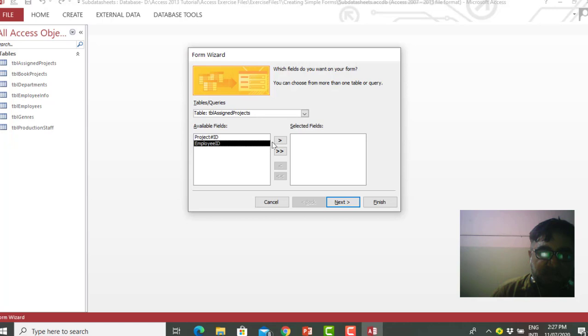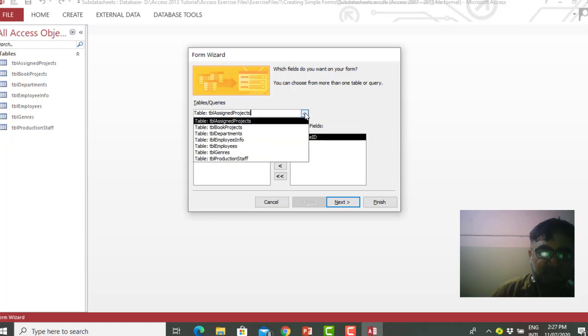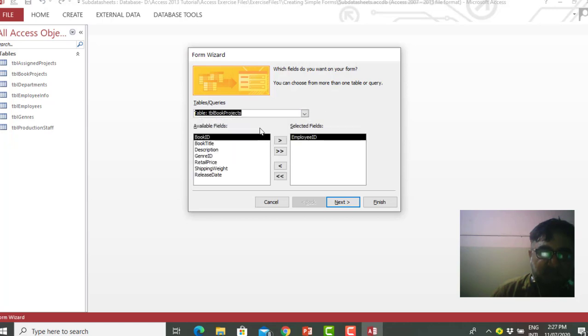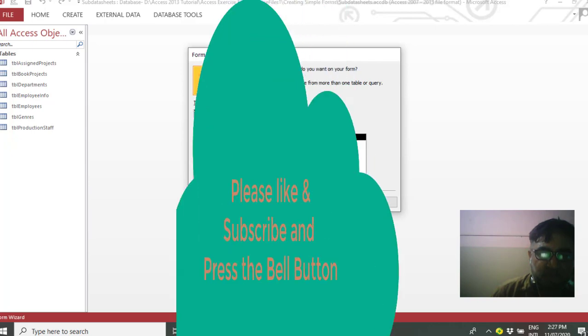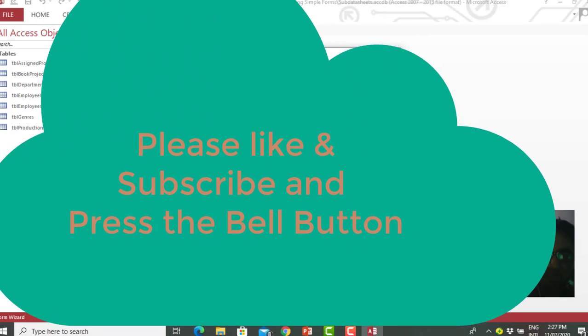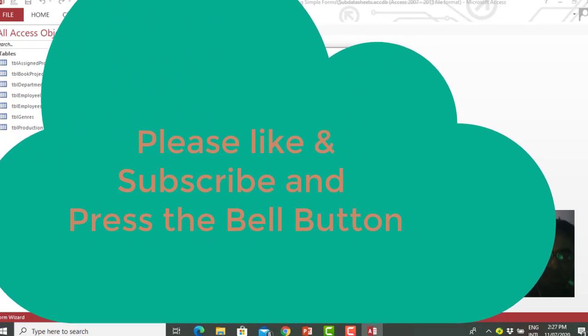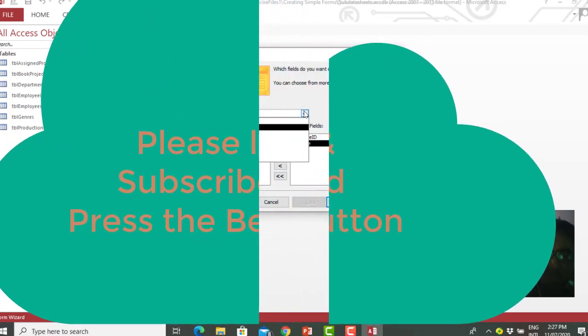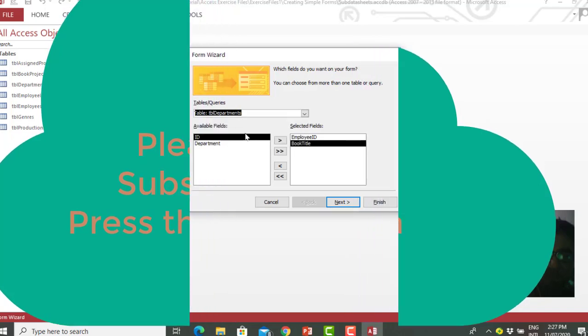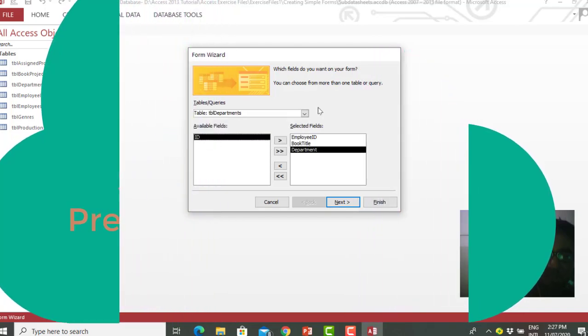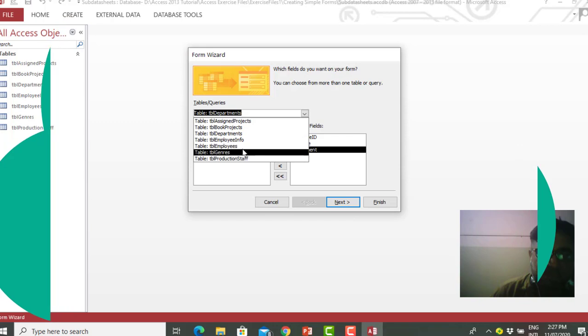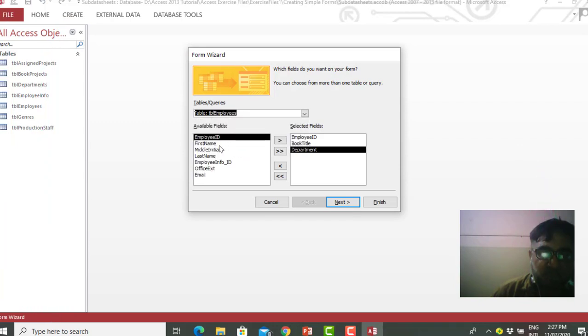Here is the employee ID, and from another table, TBL project, we need the book title, and from the department table we need a department, and from another table, employee, we need the first name of the employee.